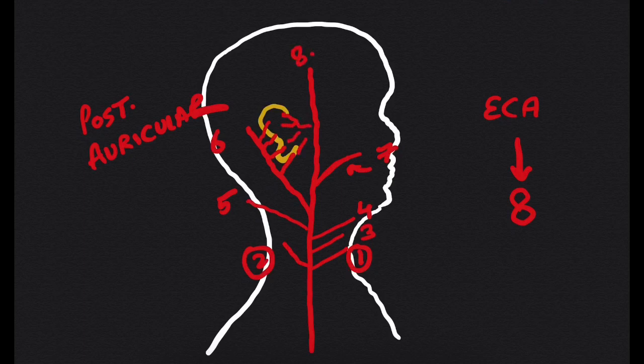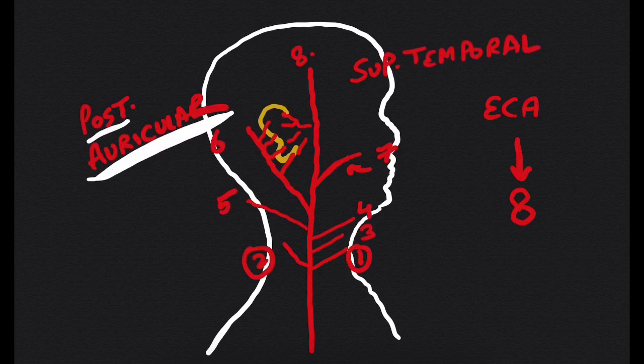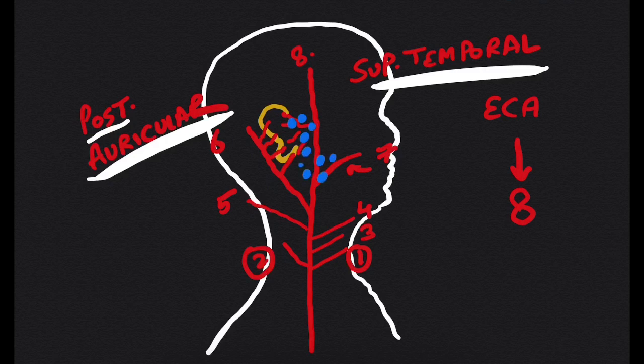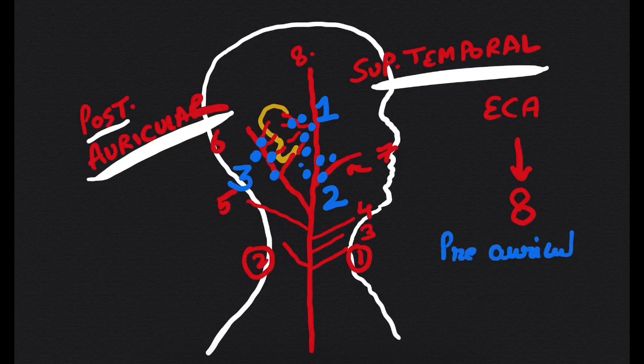Superficial temporal also supplies the pinna. So the two arteries which supply the pinna are the posterior auricular artery and the superficial temporal artery. As the lymph nodes usually are spread across the arteries only, we'll talk about them here. So the lymph nodes where the lymphatics of the pinna drain are the preauricular ones, the parotid region ones, and the postauricular. So there are three: the preauricular, the parotid, and the postauricular.